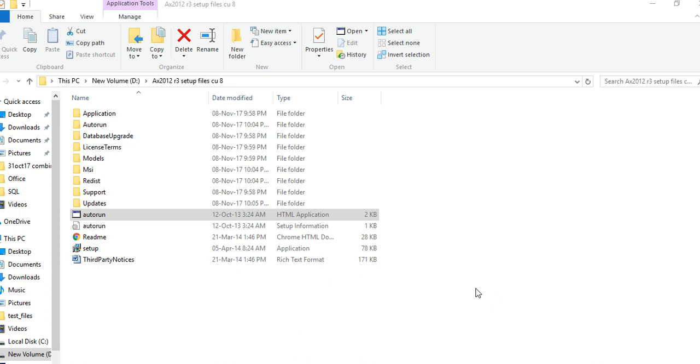Hi, I will share something about Dynamics AX setup. If you run the Dynamics AX setup for R3, it will install the R3 setup. But if you want to update it to CU8 or 11 or your latest version of hotfix, then what you need to do,